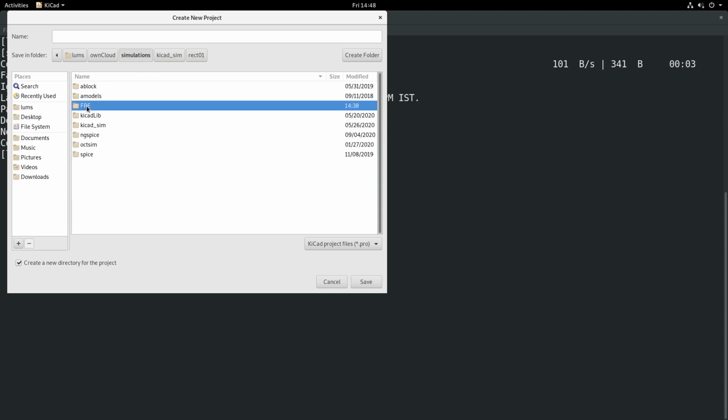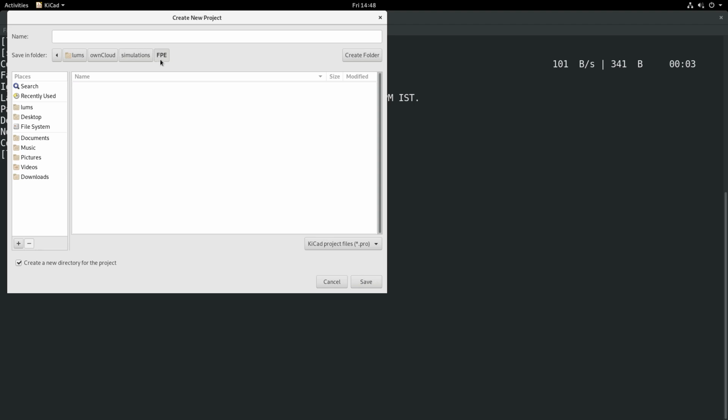I will create an FPE, Fundamentals of Power Electronics, this particular course. So let us begin. Let's say half wave rectifier, the one which we just discussed in ngSpice. So let us create this project.